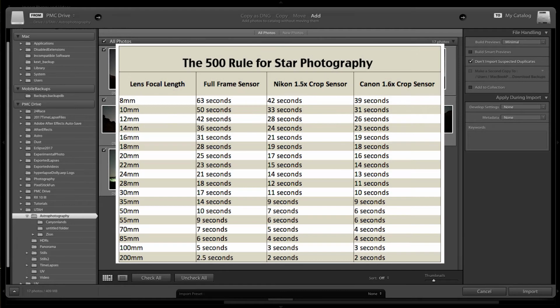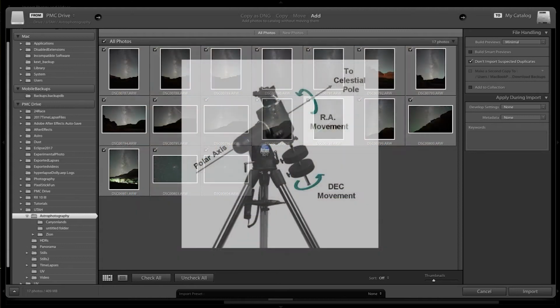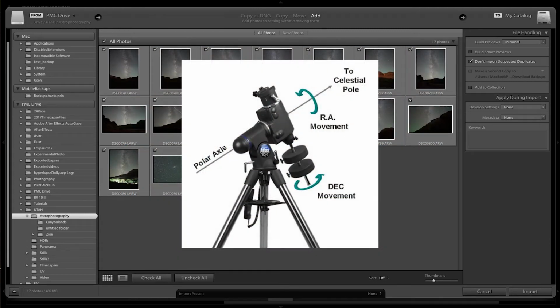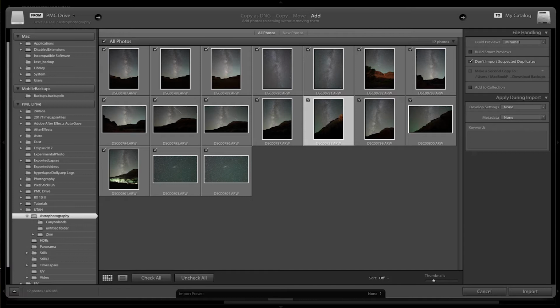Know your 500 rule. It's 500 divided by the millimeter of your lens, and you'll find how long your shutter speed can be until you start to see star trails. So if you're using an EQ mount, most of that is out the window. You don't have to worry about star trails. You can extend your shutter into bulb and do a minute exposure or however long you want to do,